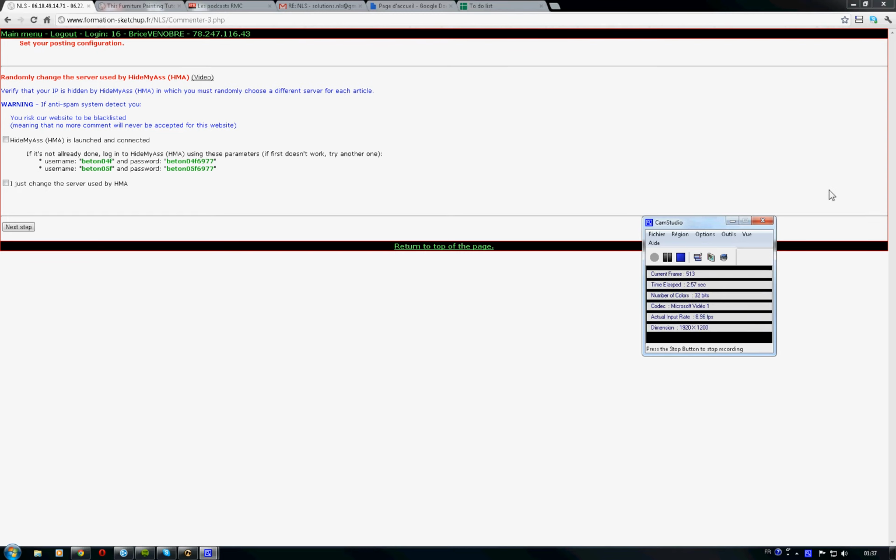Okay, so in this part I'm gonna explain to you how and why you have to use Hide My Ass and check that it is launched and connected and that you just change the server used by HMA. When you get on this page, it detects the IP you are connected with, and what you have to do is change it in order to post the next comment